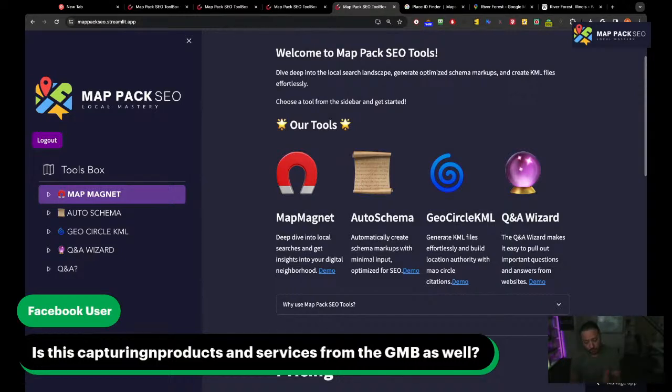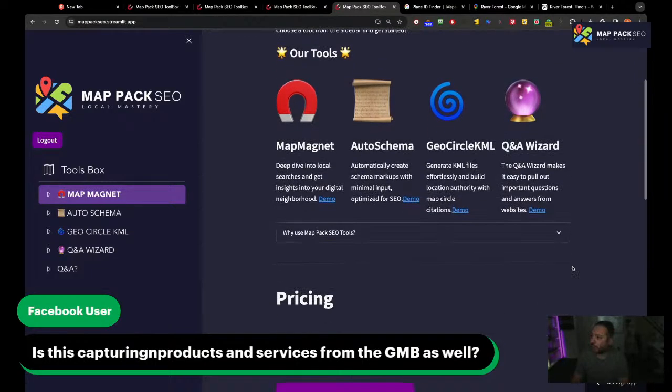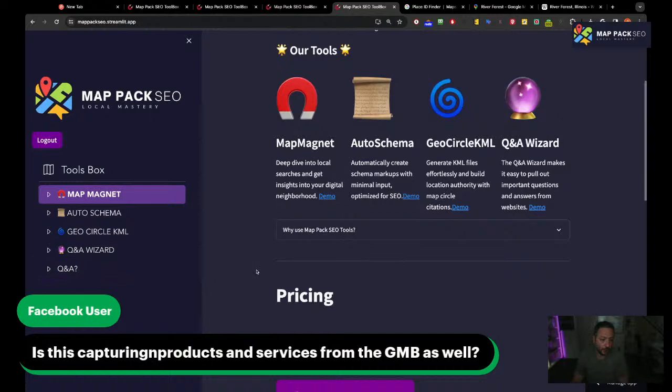And if I'm able to create the services or the products, I'm going to link them to Wikipedia links as well. I'm sure that will add some value to the tool.